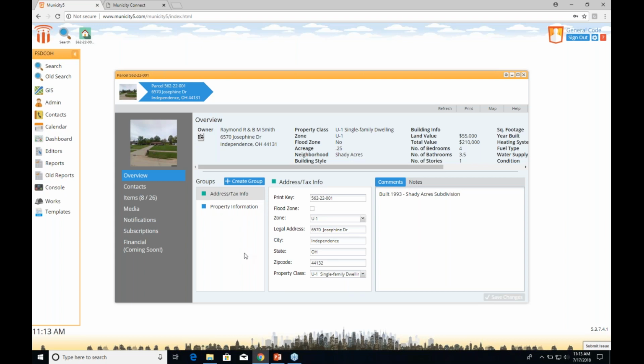So those can be customized for different users. Depending on your use and your need, you can see different fields. We can hide fields depending on your level of access. We can make things read-only, etc. The other nice thing is that we have the ability to create custom information. So at any point,